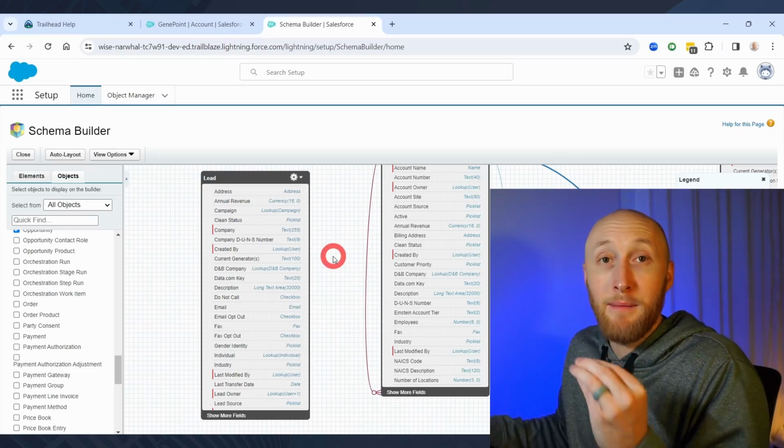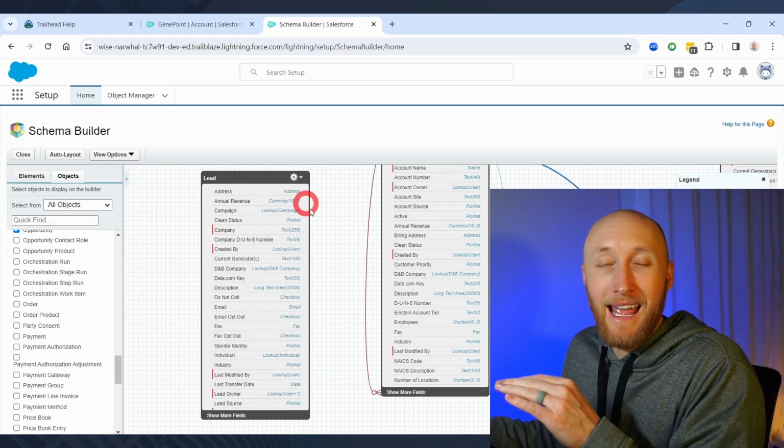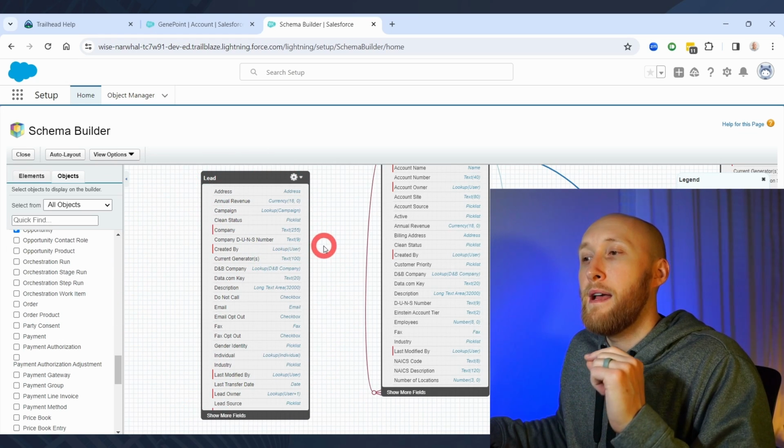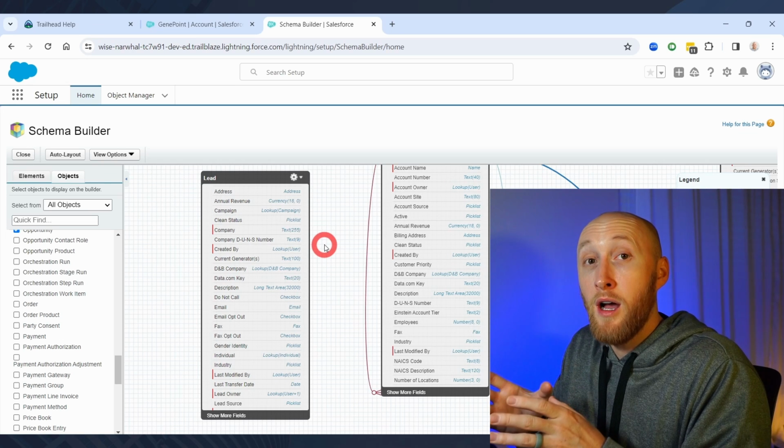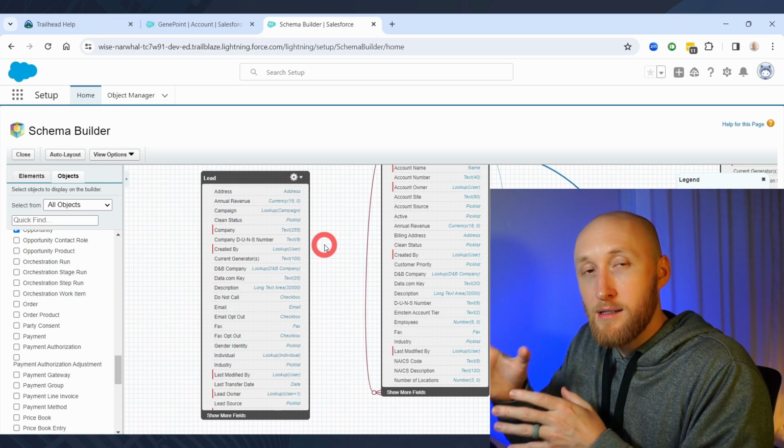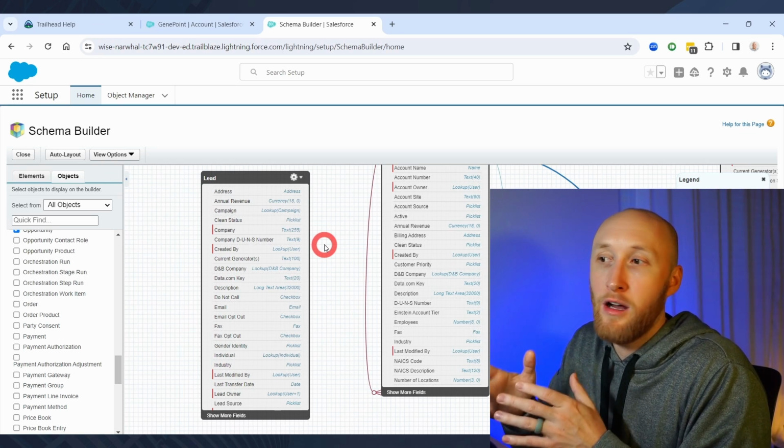A lead is a prospective buyer. We don't know a ton about them. We're trying to engage with them, but we don't know if they're a legitimate person, if they work at a legitimate business, and so we keep them as a lead, not tied to anything else. It's important to note that leads are not, with native and out-of-the-box functionality, tied to any other object